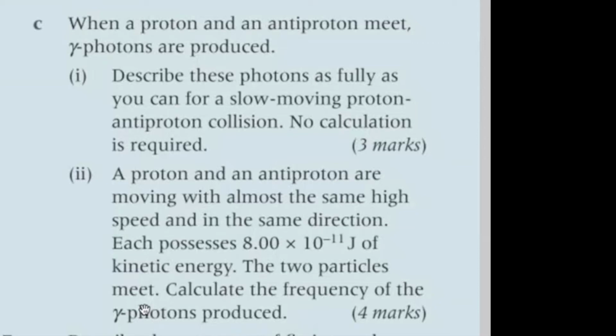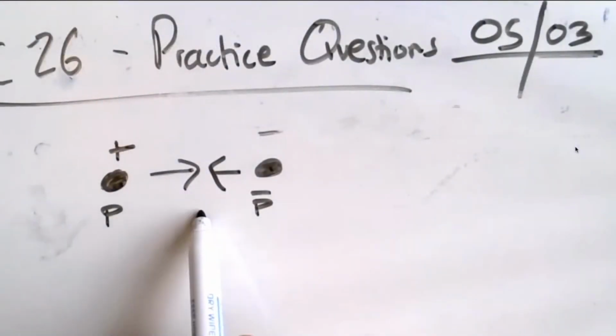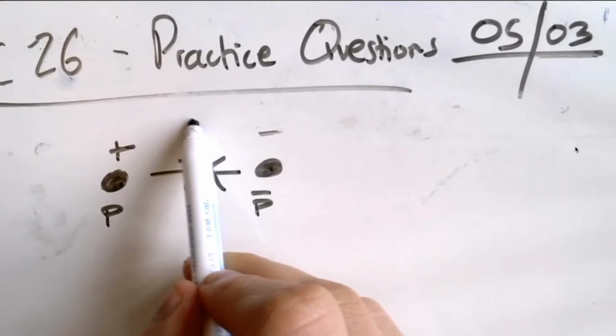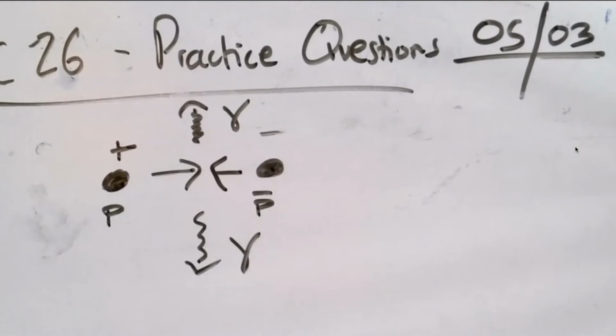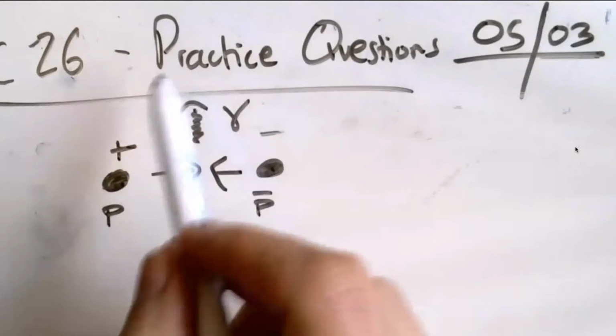Describe these photons as fully as you can for a slow-moving proton and proton-antiproton collision. No calculation is required. So this comes to what we call pair production. This is annihilation, not pair production. So this is obviously a standard proton colliding with its antiparticle equivalent. What happens when they collide? Well, actually we get two beams of gamma photons, of equal amount of energy, but the total energy will